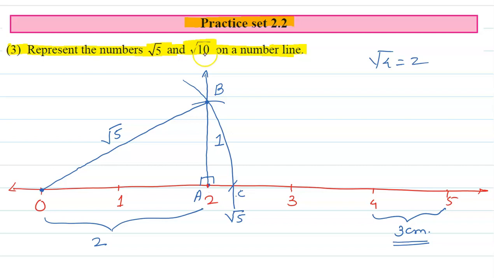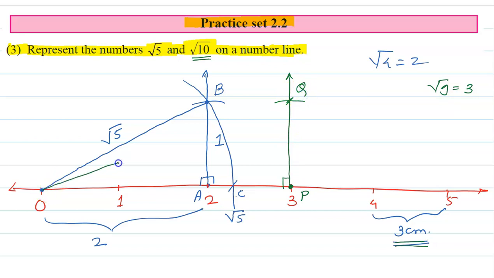Now root of 10. How to plot root of 10 on a number line? Now we well know root of 9 is 3. So after root of 9 somewhere we have root 10, means after 3 we are having. So let us try to draw. I will call that point 3 as point P. Let us draw the perpendicular over point P by using the protractor. Let us take the unit distance, means the 3 centimeter distance, in your compass. Put the tip of your compass on point P. That means P as center, 3 centimeter as radius. Make an arc on the perpendicular. Let the point of intersection of the arc and the perpendicular be point Q.